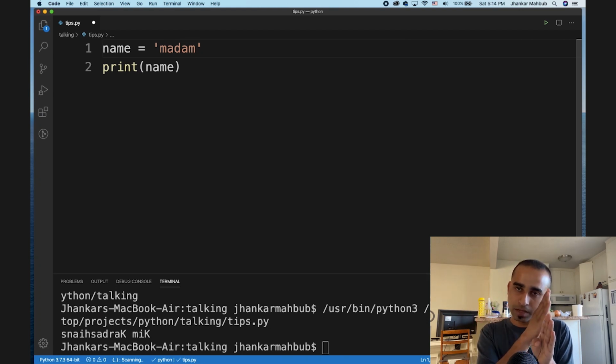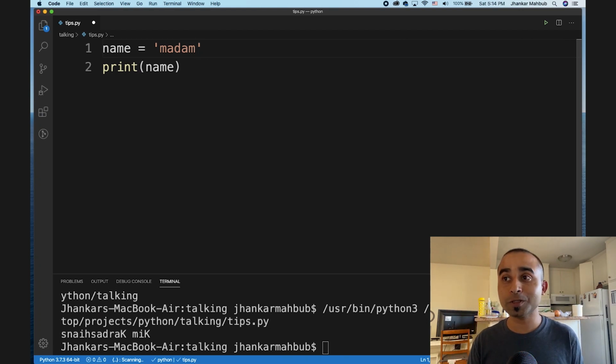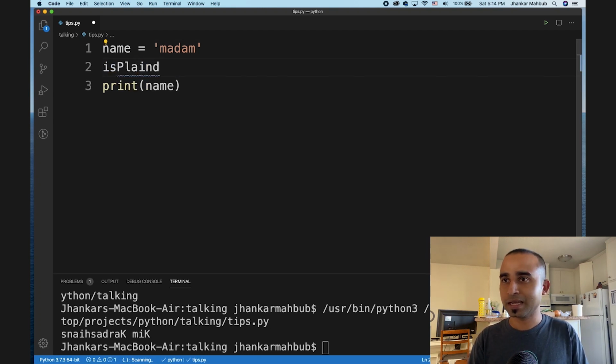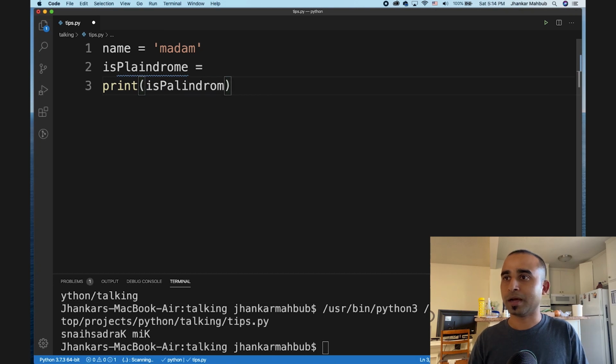These are palindromes. If you read this way or that way, they spell the same. And to check a palindrome, all you need to do is a very simple thing. So we will make an is_palindrome function,